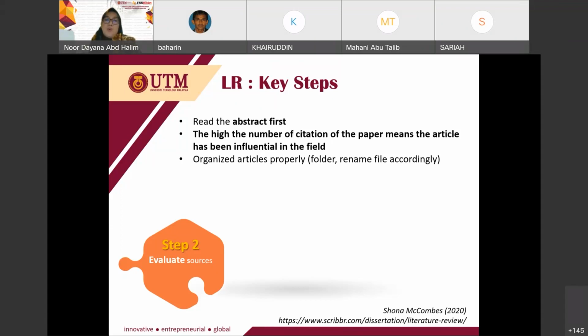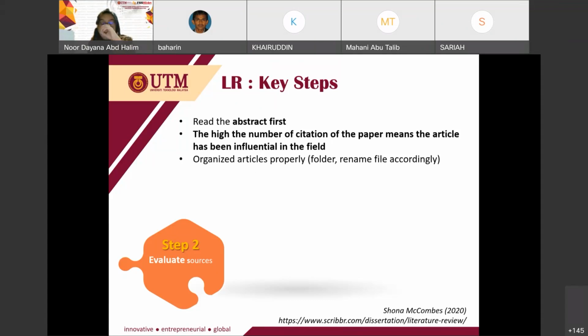Okay, so if the article has a high number of citations, of course, a high number of citations means that it has been influential in the field. Okay, so organize articles properly, folder, rename files accordingly. Okay, I think for the first step here,